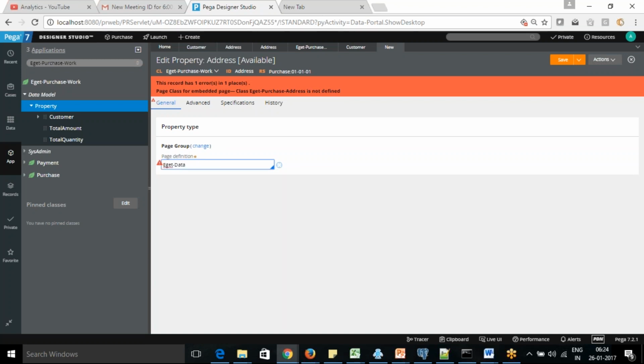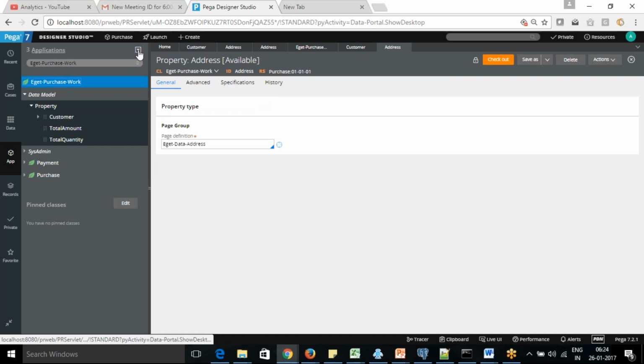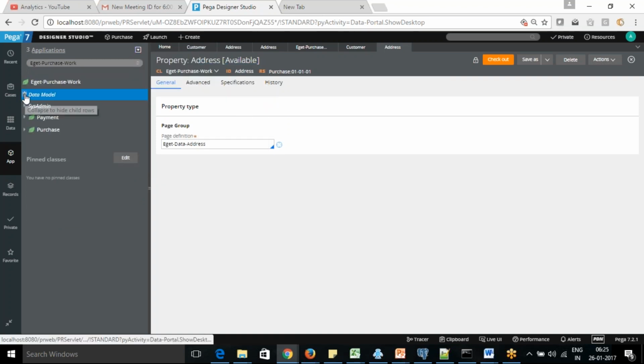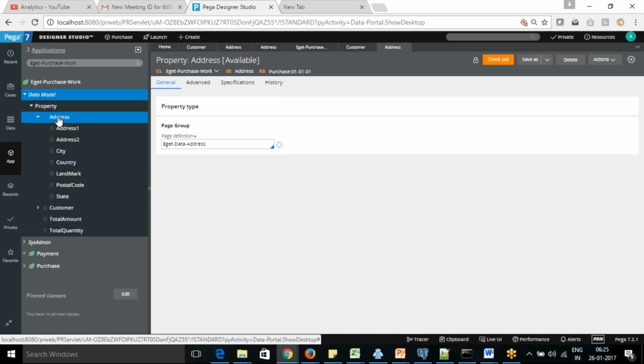Application name will not come when we are referring to it. So application name doesn't come in the data class. So we have created the page group. Now the page group is also created. This address is the same field, but now it's a page group.